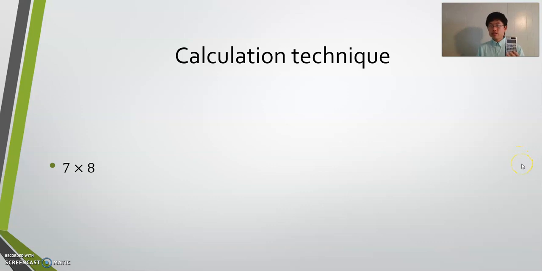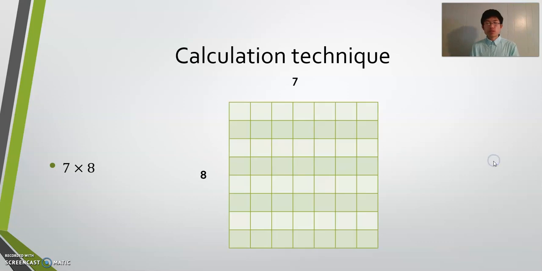Instead of using a calculator, I'm going to show one technique that you might be able to use, and it's good for other numbers, like much bigger numbers, like 20, 50, things like that. So I'm just going to use a diagram again. This is 7 times 8. 1, 2, 3, 4, 5, 6, 7, and 2, 4, 6, 8. You can count that, or add 8 plus 8 plus 8. But instead, the technique I want to show